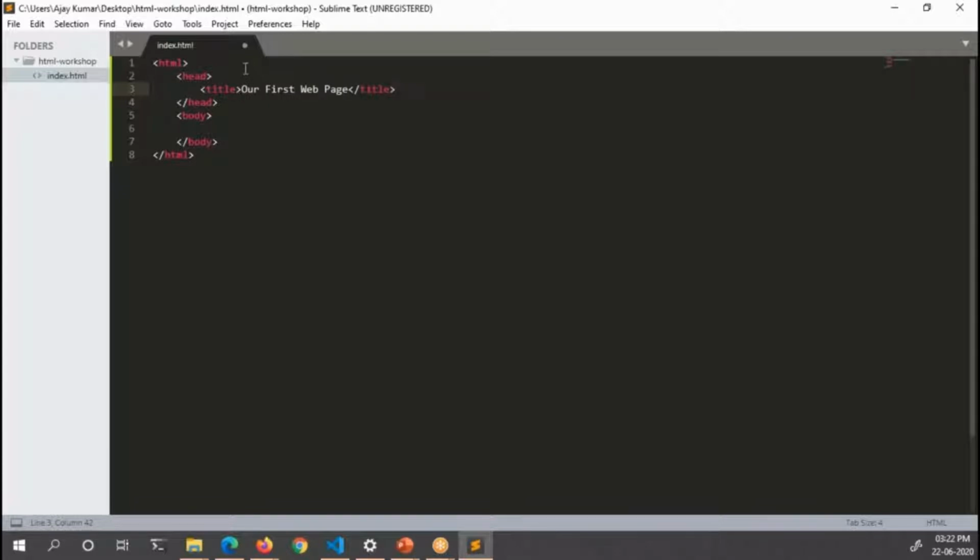So see how we are using tags. We are opening the title tag, typing our content, and then we are closing our title tag. And then coming to body, let us write in a heading. So h1 is a heading tag, hello world, and then I am closing h1. See how each and every element is enclosed in another element. So the root element of the entire HTML page is HTML only. Okay, so let's save it. So press Ctrl S or go to file and save it, and let's run it.